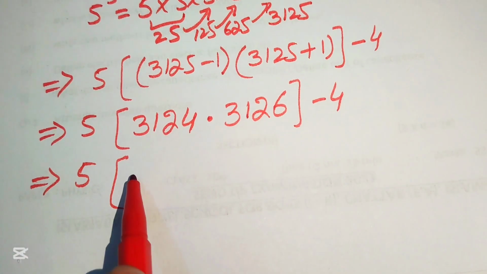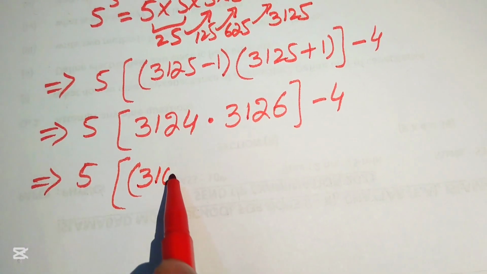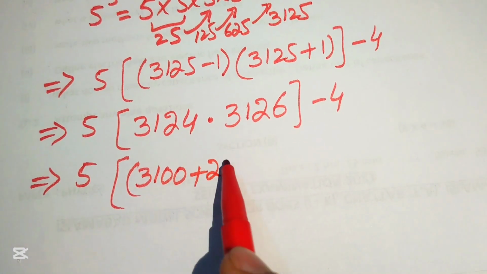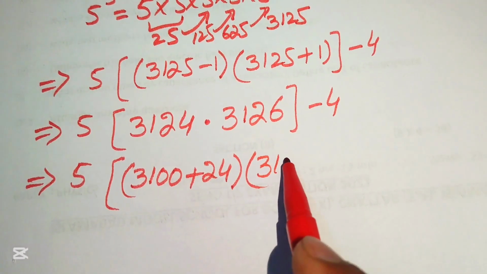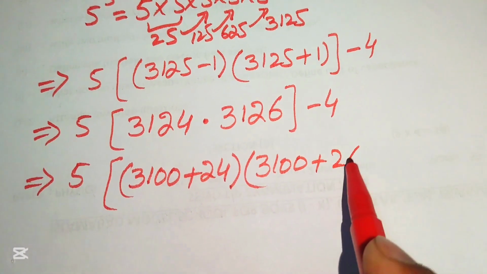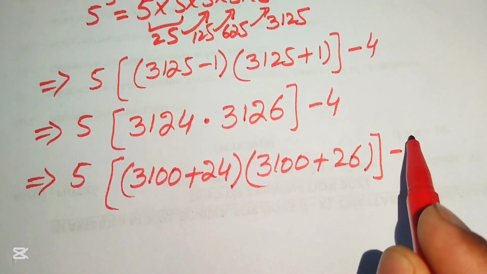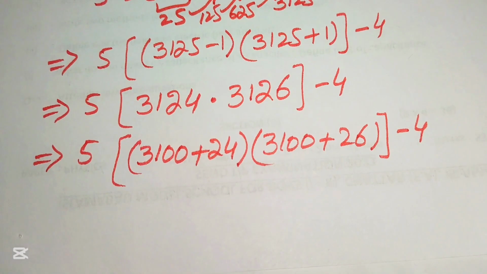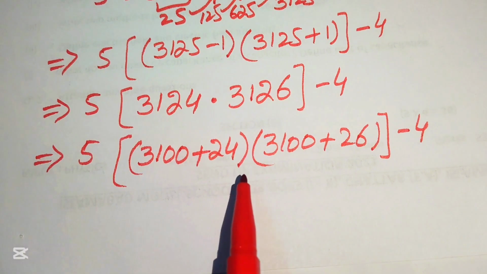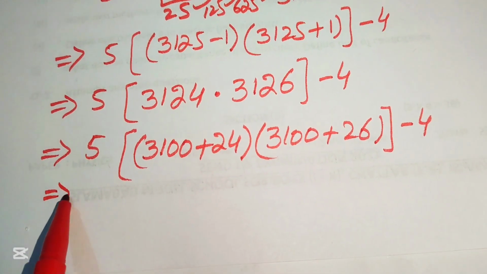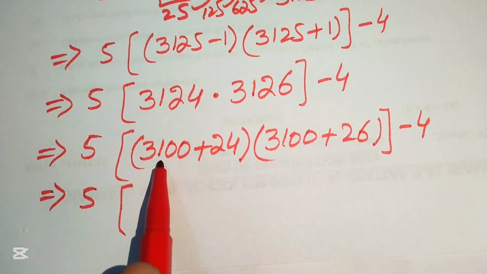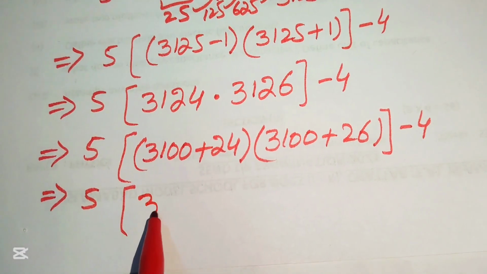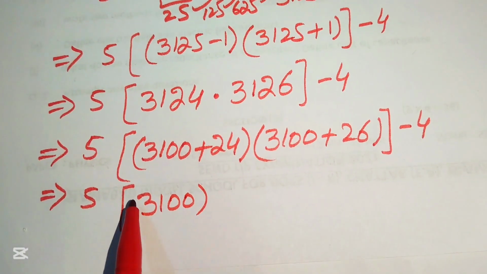This is 3124. We write it as 3100 plus 24, and similarly we write this term as 3100 plus 26, and this is subtracted by minus 4. And now in the next step, we need to multiply these two factors, so that when you multiply these two factors, it will be written as 5 times of 3100 multiplied by 3100 equals to 3100